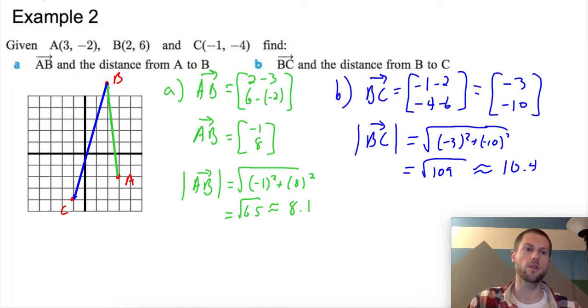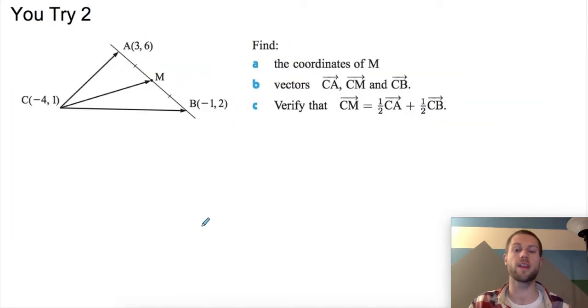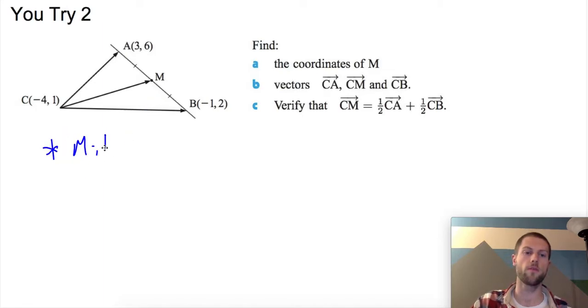So there you go. Here's another problem that I'd like you to try. A little bit trickier because we're dealing with midpoints. M is the midpoint between A and B, and you know that because it tells me that the distance from A to M is congruent with the distance from M to B. So I'm guessing that you can figure out what that coordinate of M is, but if you're not sure, I just want to remind you that the midpoint formula